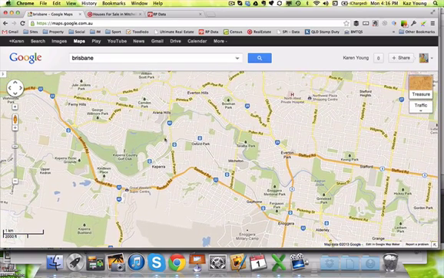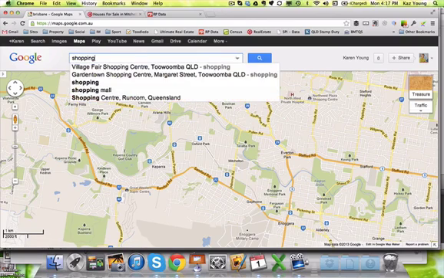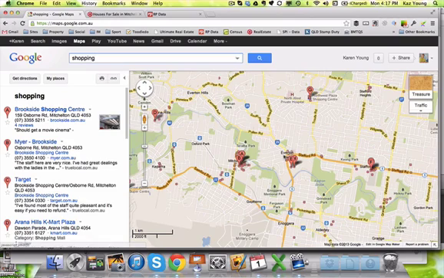Now first up, let's have a think about, okay, well I want to know where all our universities, TAFEs, schools, hospitals, shopping centres, etc. are. Now all you need to do is type this into Google and it'll map these things on your location for you. So I can see here that we've got a shopping centre over here in Arana Hills, the Kmart